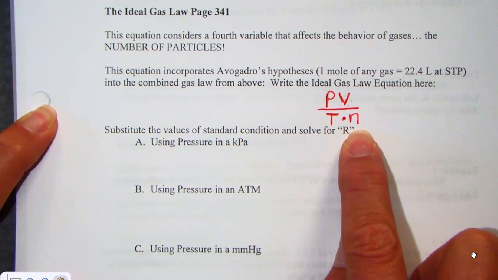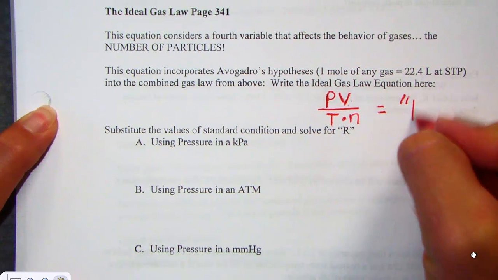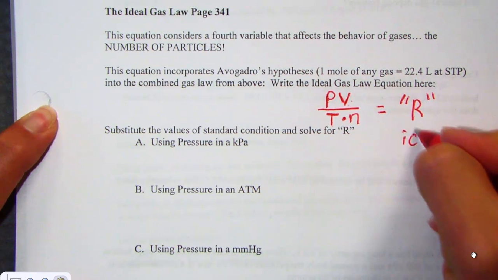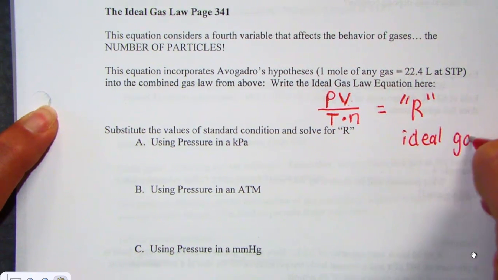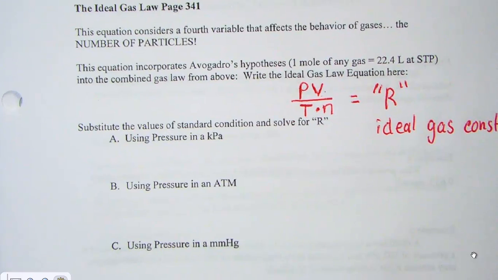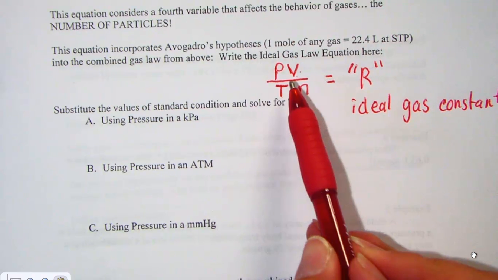PV over Tn. We set that equal to a proportionality constant called R. R is known as the ideal gas constant. And we understand that in math talk, when we have a constant in math, it's a number that does not change. PV over Tn set equal to R is the ideal gas law that says pressure and volume are inversely